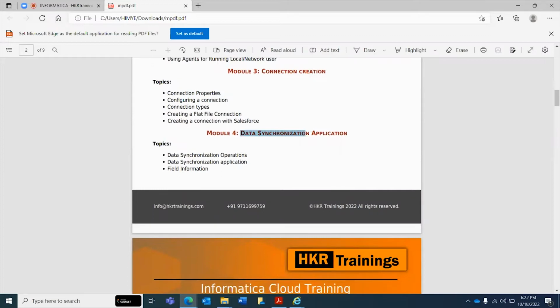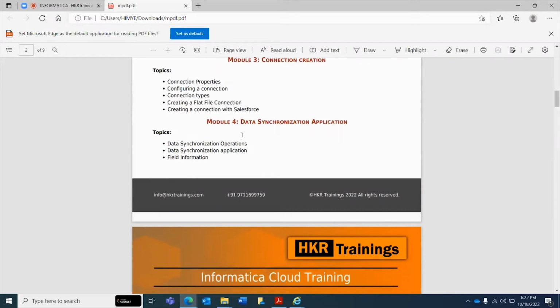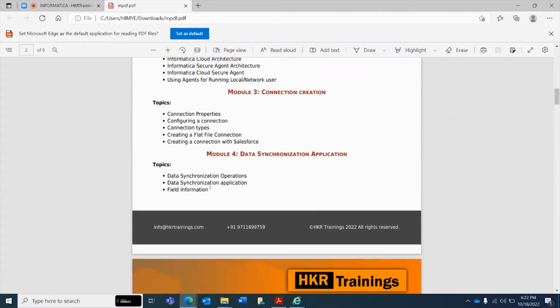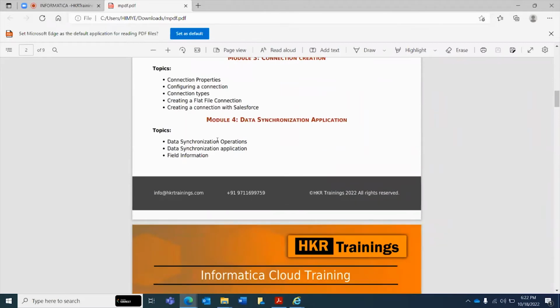And coming to data synchronization, this is not an application, sorry. This is one of the concepts in data integration. How is data syncing between the source and target? For example, if we want to sync data from a flat file to Salesforce, and we make any changes in the flat file, it should sync, insert or update in the target. That is the data synchronization task, one of the tasks in Informatica Cloud. And there, how to create it, what sources, targets, and filters can be applied in data synchronization. This can be done here.